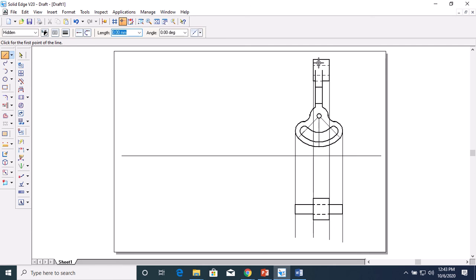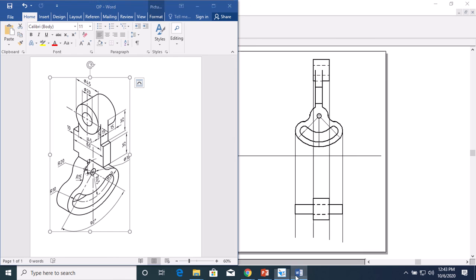And this hole what we see here, from the top view also it is in line with this. So this one and this one will both match. You can draw like this in the top also. So this hole as well as this hidden line will be coinciding at the same.